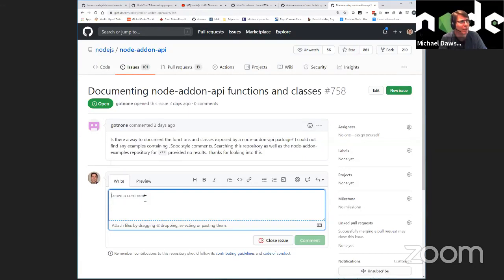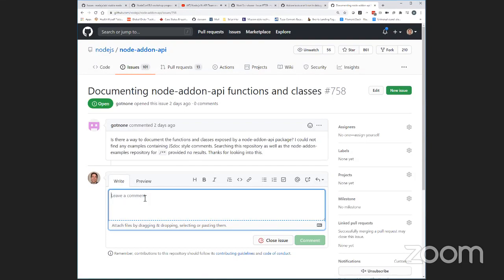I mean, it's the same as with any package. I don't know that there's anything that automatically tells you what the exported functions are, right? Yeah.